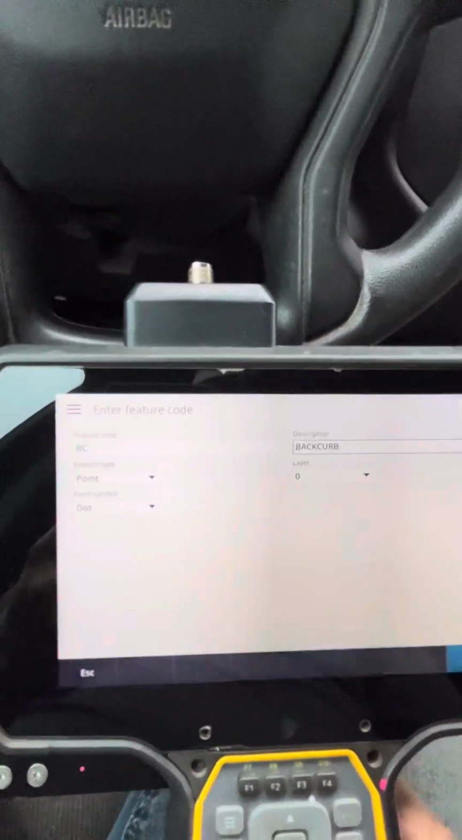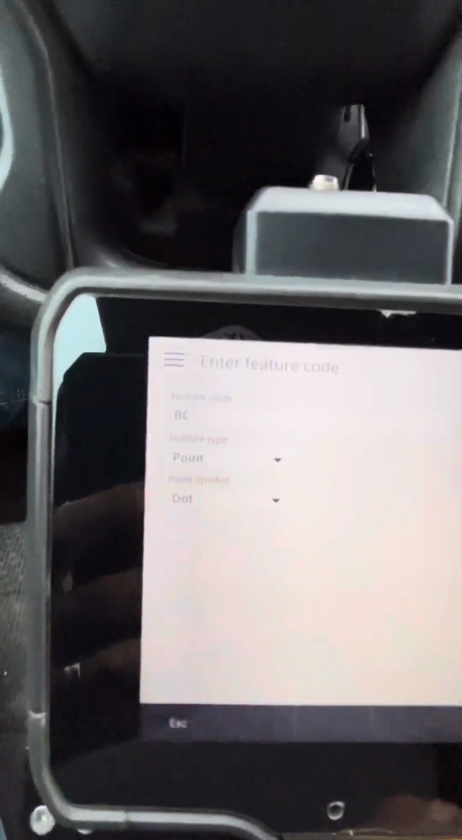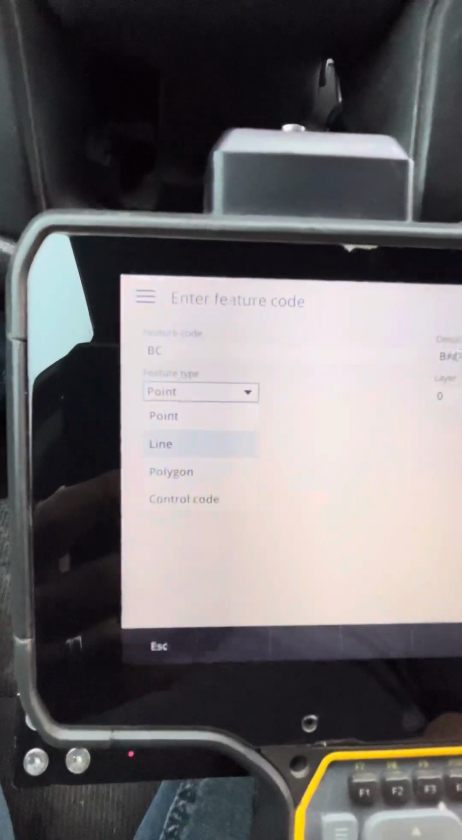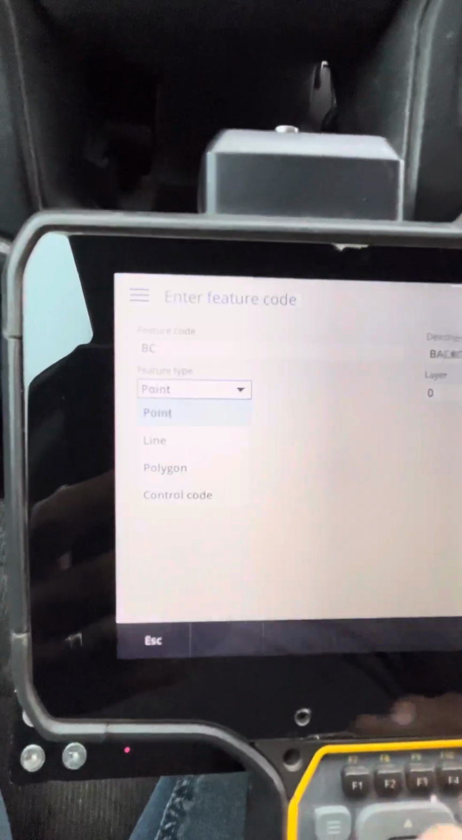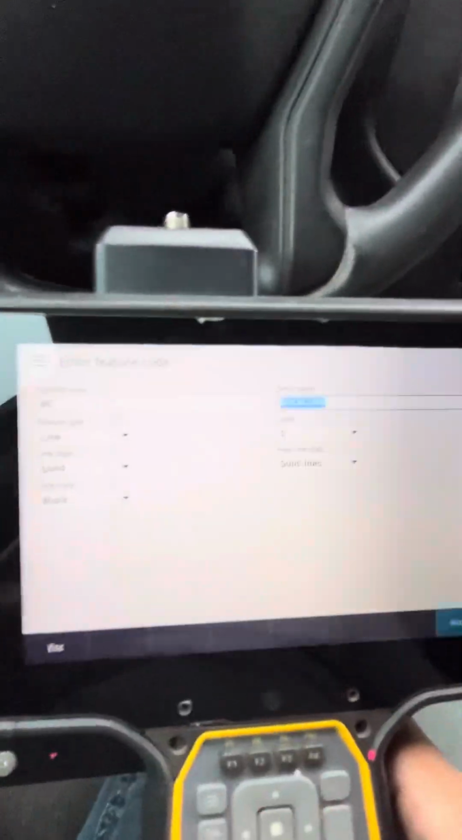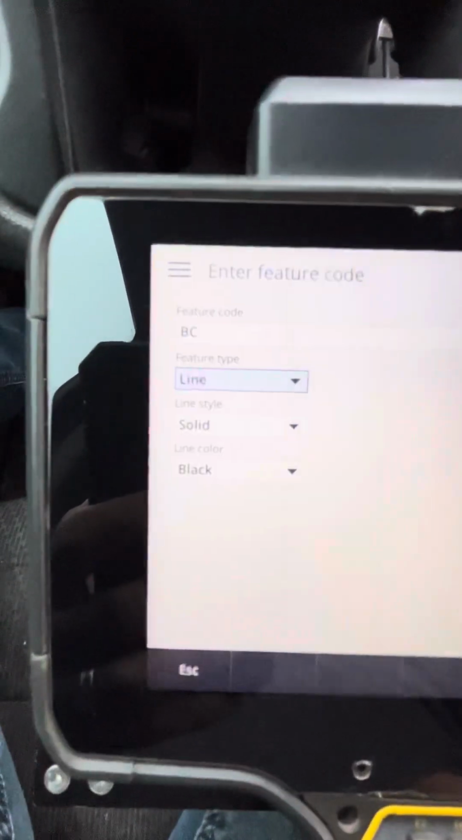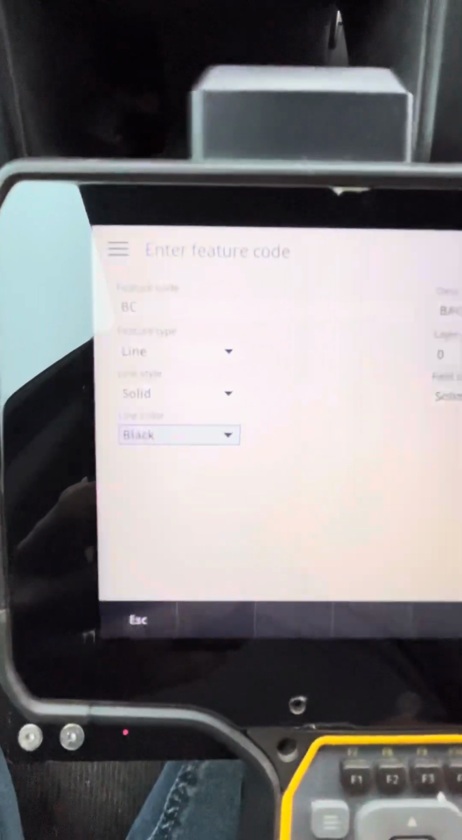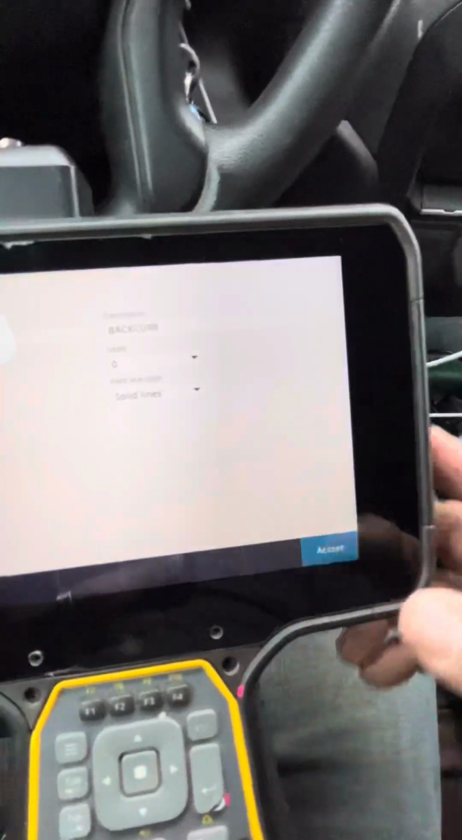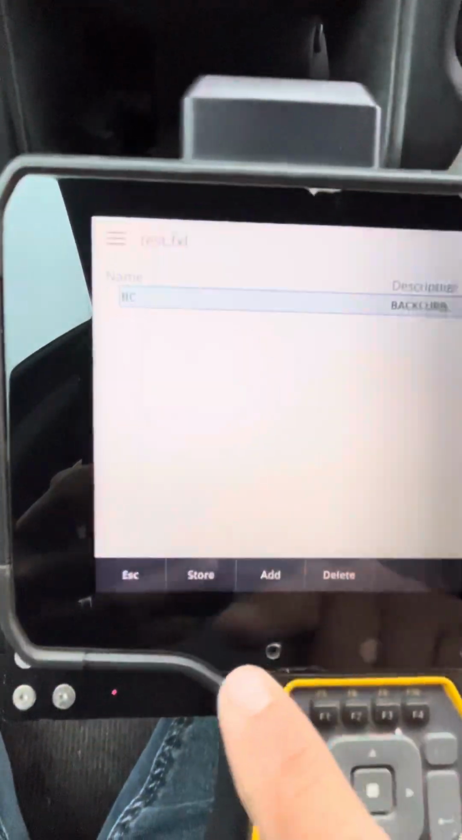curb, feature type, line, polygon, control code. You want to do line. Layer, all this stuff is more CAD oriented, or actually the line colors show up on your map, and you can go and change those if you want. Accept, okay, add,